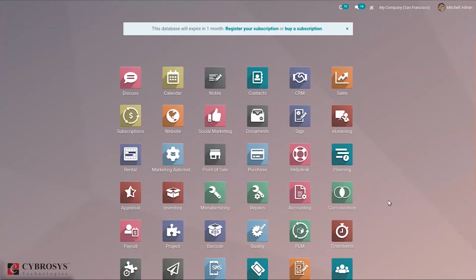So today let's discuss the website module in Odoo 14. The Odoo platform provides users with a reliable website management tool where the user can create and customize websites for their companies and manage operations as per their terminologies and standards.